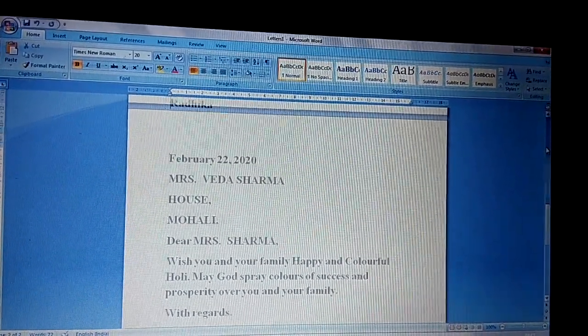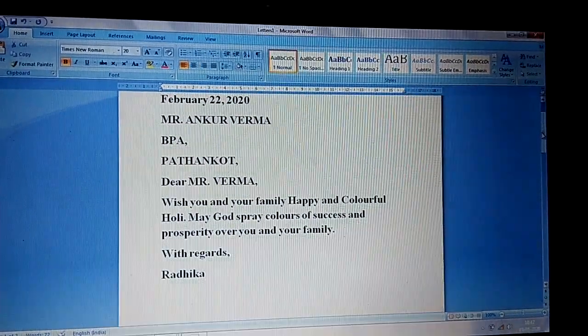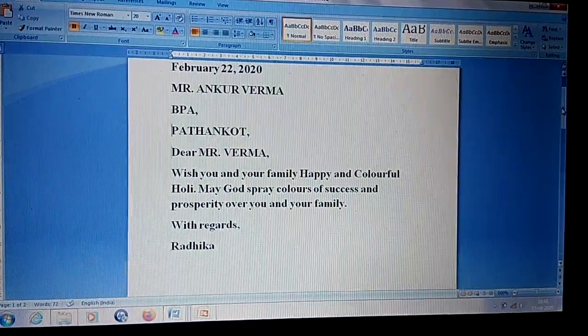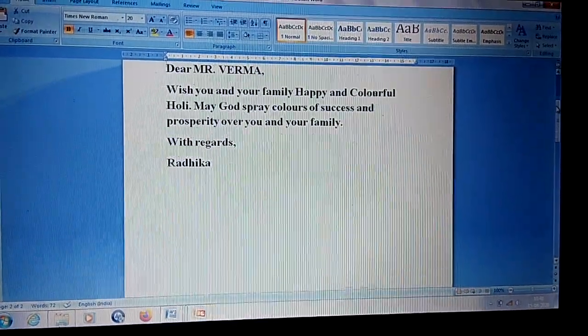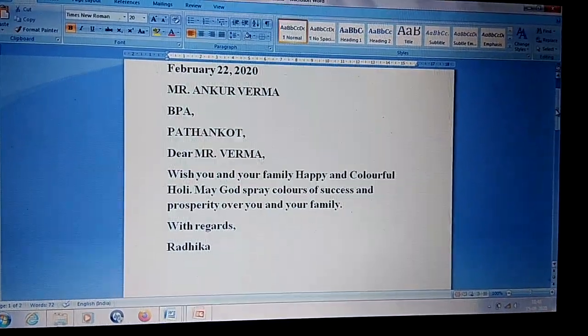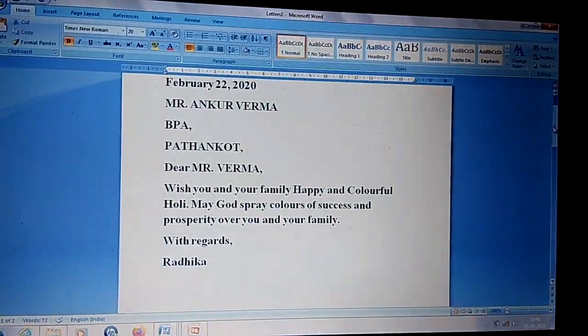This is the second page and this is the first page. You can scroll down and see all the pages, first page and second page, because we added only 2 recipients. So these are the simple steps for the mail merge in MS Word.